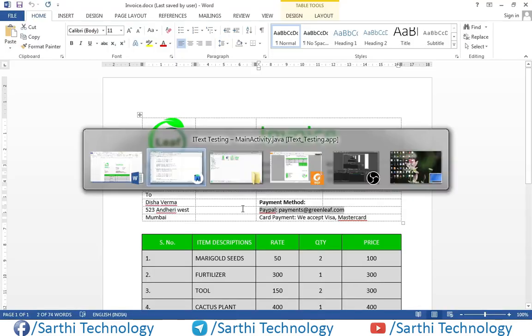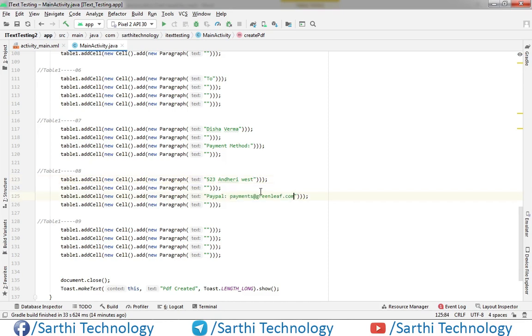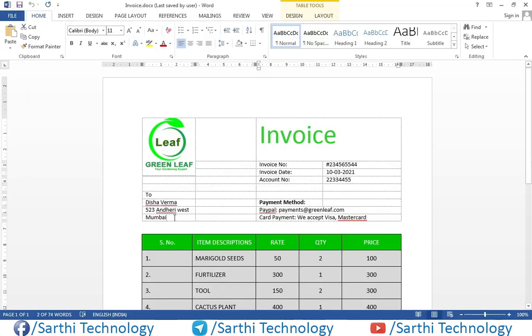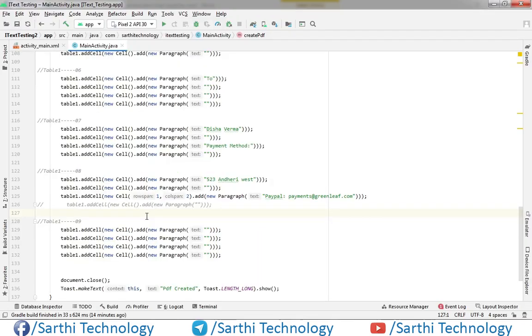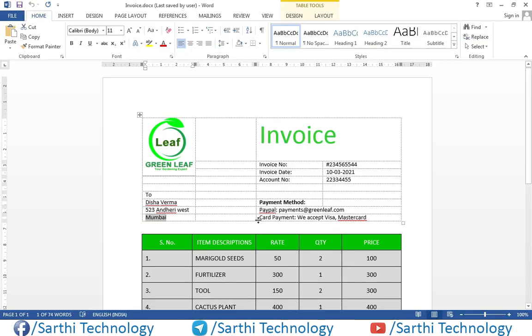Okay, so 1 comma 2, and make this a comment. Okay, and in the next we have this Mumbai. This is blank, and this is the card payment type, and also we have this column span.